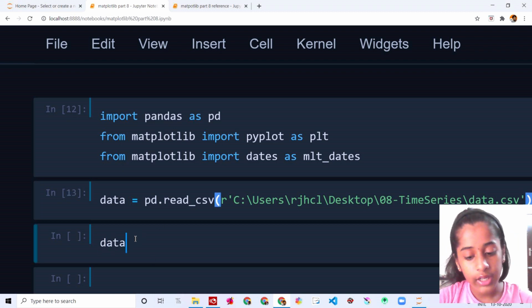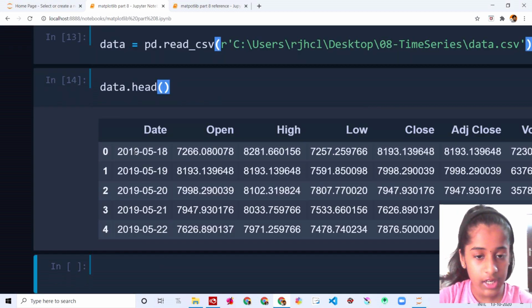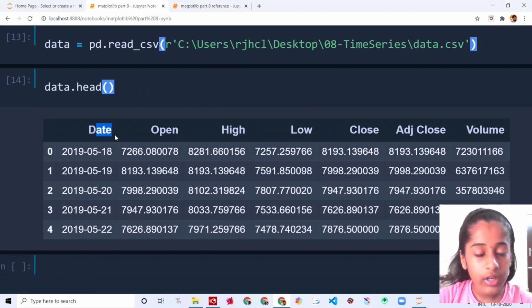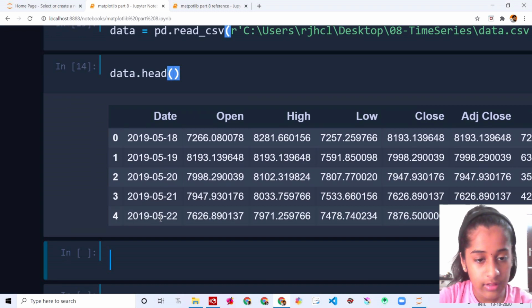After reading the data, let's check what is there in the data. We have many columns here: date, open, high, low, close, adjusted close, volume. But in today's video we're just going to use this date and this close. That's it. After we get the head and see what exactly is there,